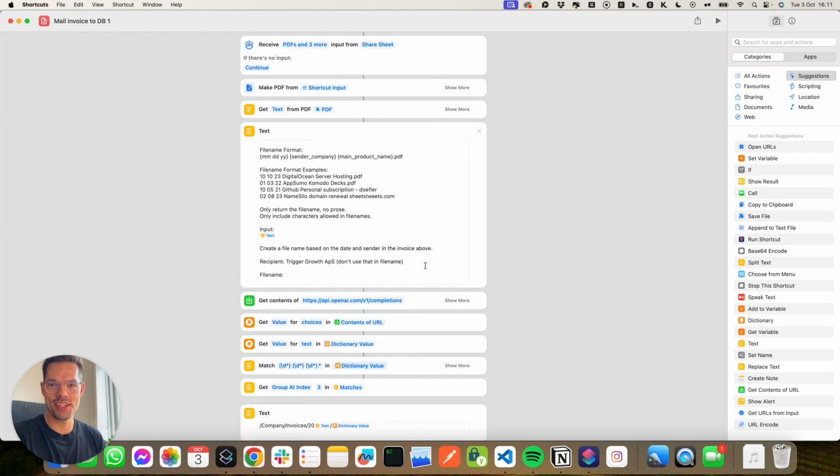Today I want to show you something really cool. I've been trying for years to find a way to have Apple Shortcuts automatically rename my files, especially my invoice files. Whenever I get an invoice or a receipt from an online service or a product I bought on Amazon and so on, I would manually download it to my computer, rename it, and move it to my